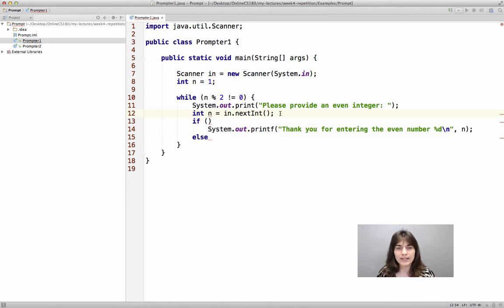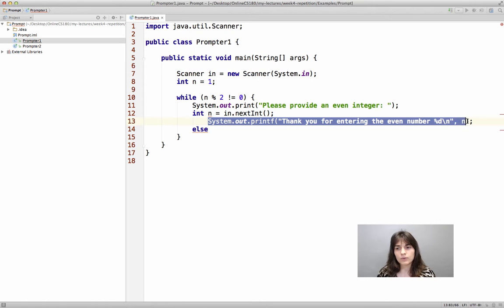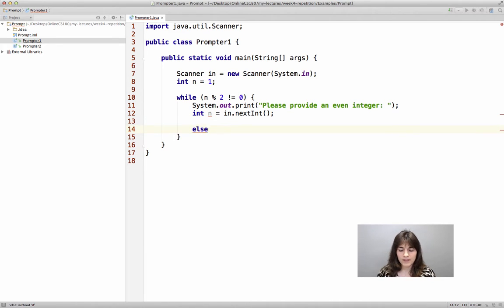Okay, so let's see what we have done here. The very first time, it will satisfy the condition, so it will go inside. Please provide an integer, we read the integer. What do we do then? Then, if we take the print statement out of the loop, and we don't need the else, of course, either, then it will go again on line 10, check the new value that n has, and here I should have not redeclared n, we want the same n to be everywhere.